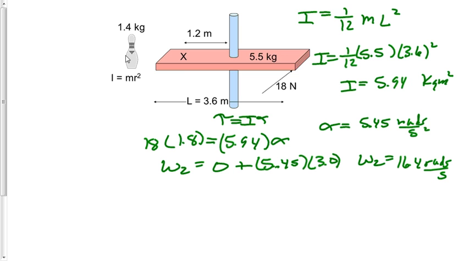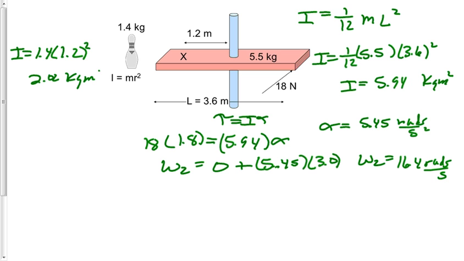Now, a bowling pin, for some reason, falls and lands right on there. We'll ignore any effect due to momentum or anything like that and just pretend it lands right there and doesn't bring any velocity with it. But it does bring a value of moment of inertia. It increases the plank's moment of inertia, and it'll be a point mass since its whole self is rotating around something else, and that would be I equals m r squared. So the I for this is going to equal 1.4 kilograms, multiplied by its distance to the point of rotation, 1.2 squared, and the I for this is going to be 2.02